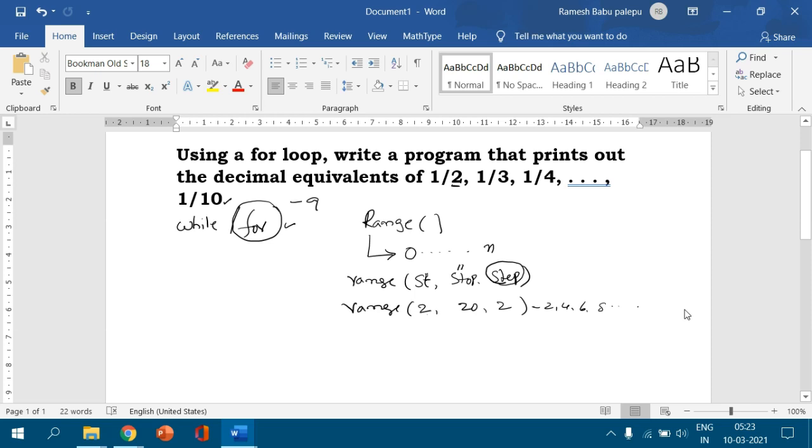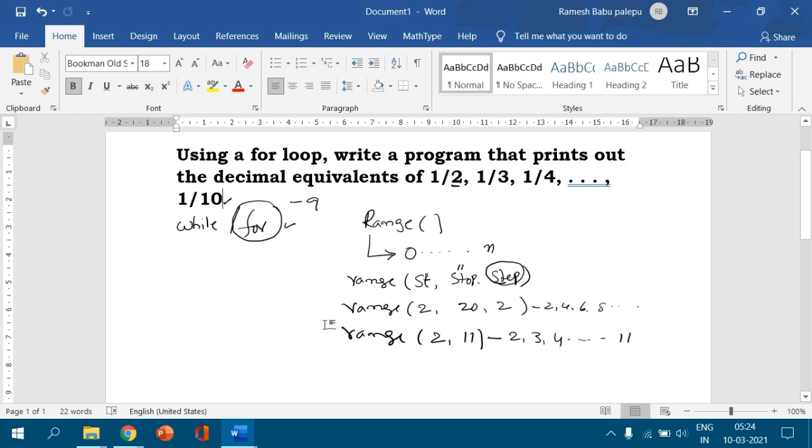That means I am going to write range 2 to 11 simply. Then it will generate the values 2, 3, 4 and so on up to 10. I'm going to use the for loop, my dear friends.